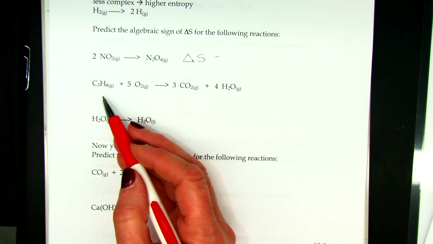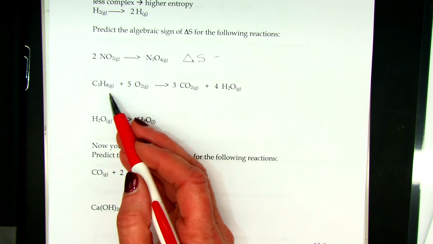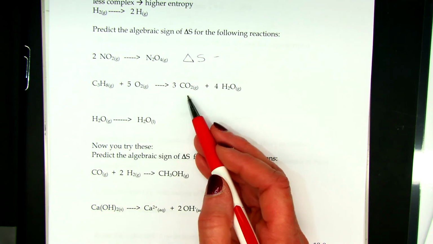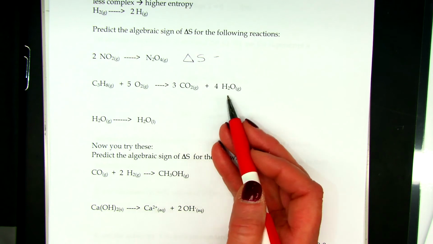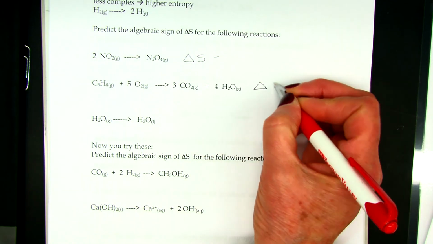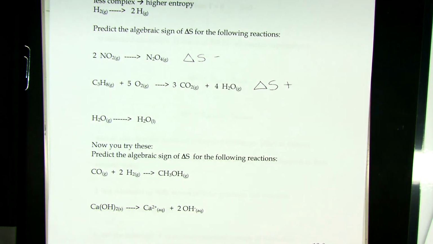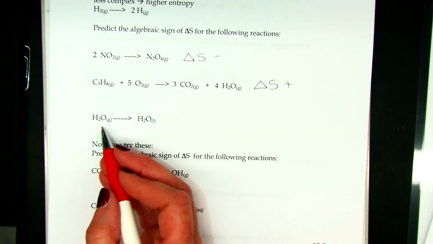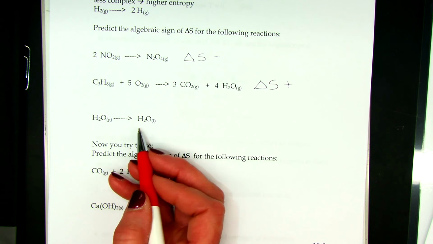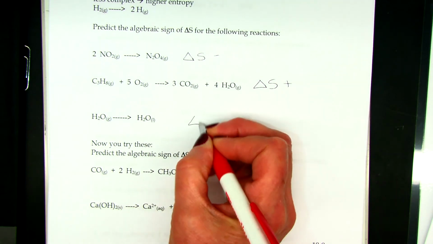Here I have propane reacting with oxygen. I have 6 moles of gas on the left. I make 3 moles of carbon dioxide and 4 moles of water gas. So I would expect, since the moles of gas is increasing, that my entropy change would be positive. Here I have water gas going to water liquid, so I'm condensing things, so I would expect that the entropy